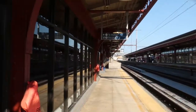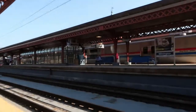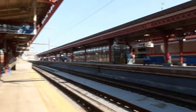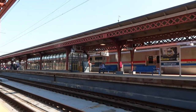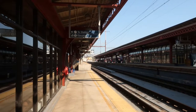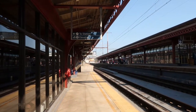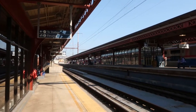This is Wilmington Station. We're getting the SEPTA local train to Philadelphia. You're going Amtrak over there. They essentially go everywhere. I think that Amtrak's going to New York. There's a new one going to Boston, Chicago, and all over. So it's well connected. It gets here 9:24, so we've got a bit of a wait, but it's really cool